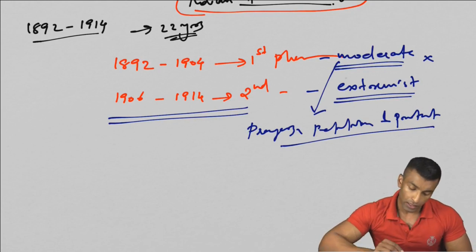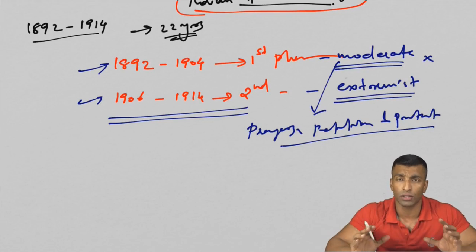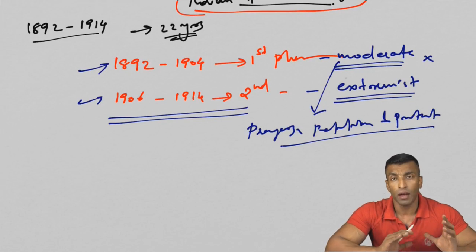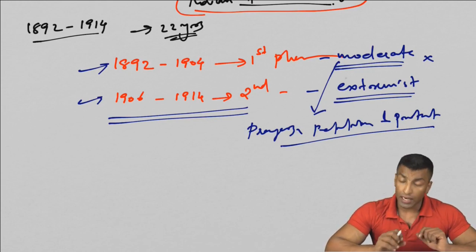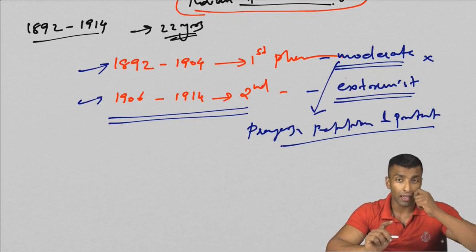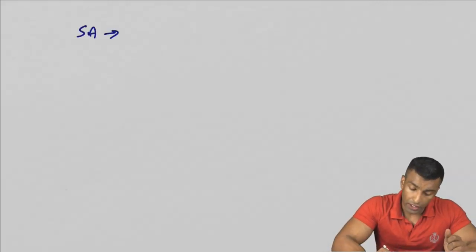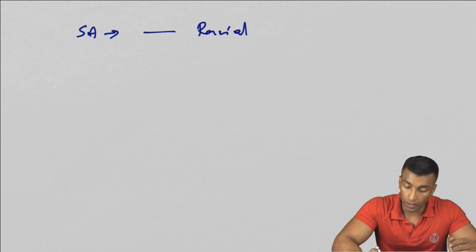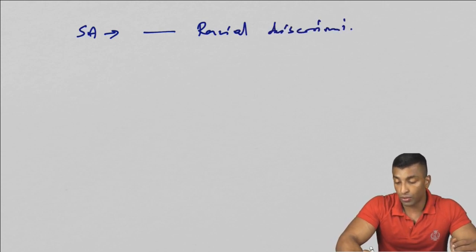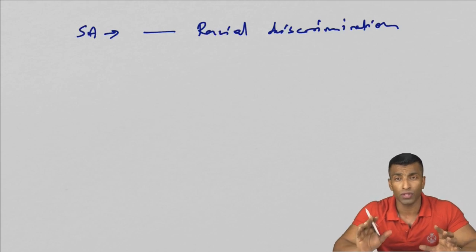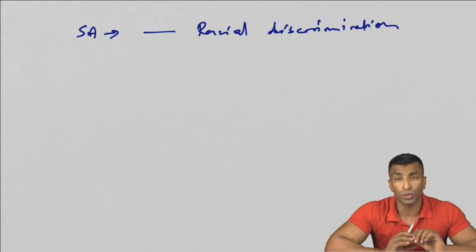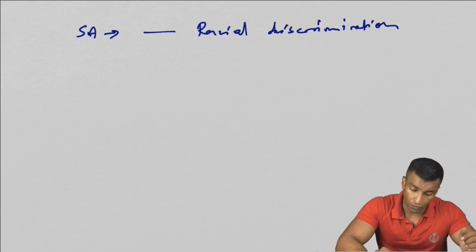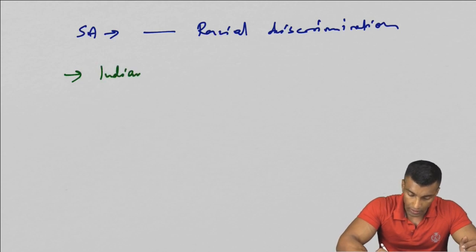In both these phases, Gandhi was taking up Indian issues. So we'll try to understand the major Indian issues that he took up there, and the categories of Indians who were in South Africa. South Africa was a British colony like India, and the most important problem there was racial discrimination. Racial discrimination against the native blacks was one of the most important problems, a social evil, and Indians were also discriminated against. There were different types of Indians. The first category is Indian traders.